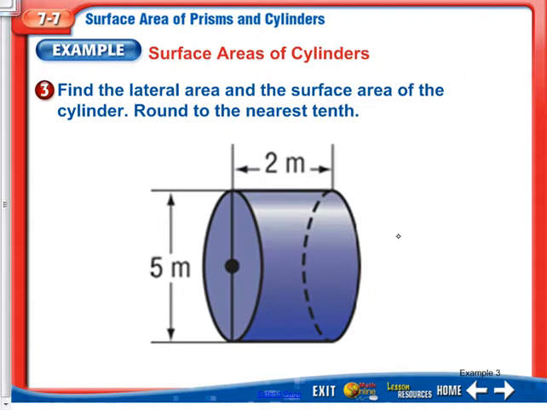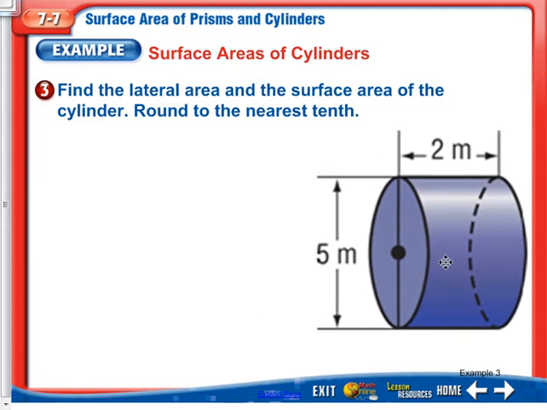So it says find the lateral area and surface area of the cylinder, round to the nearest tenth. Okay, so let's do the surface area of everything all together. So I'm going to take my circumference times h plus 2 times the area of the base. So surface area equals my circumference. Here I have my diameter, so I'm going to do 5 times pi, or d pi, times my height, which is 2. Okay, so I have 5 pi